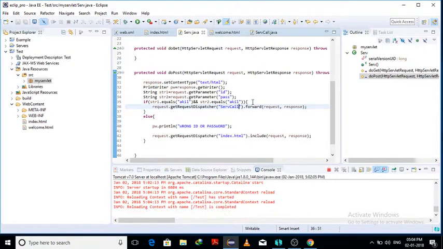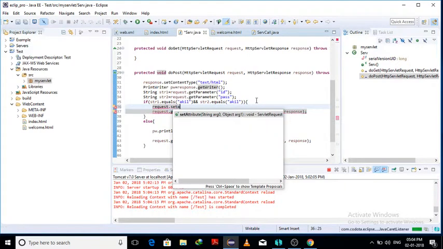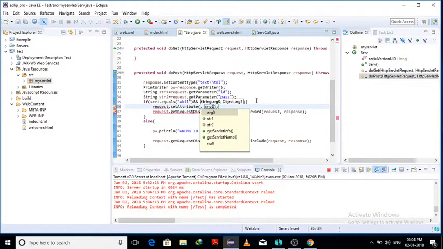I want to pass some data: request dot set attribute. Attribute name is ID. Passing value: